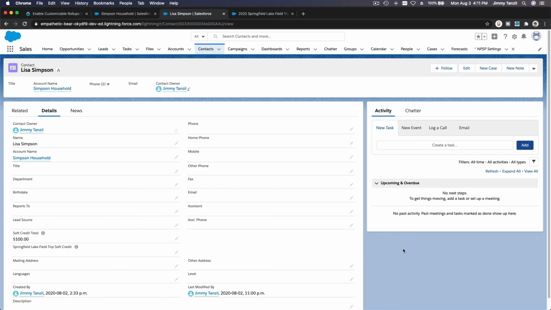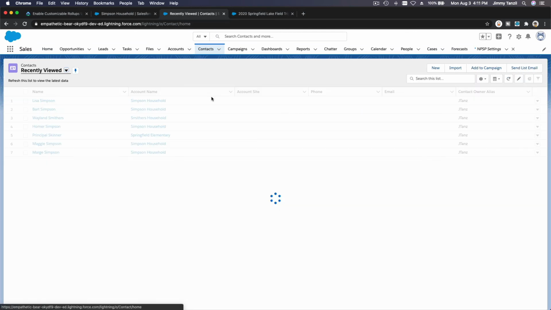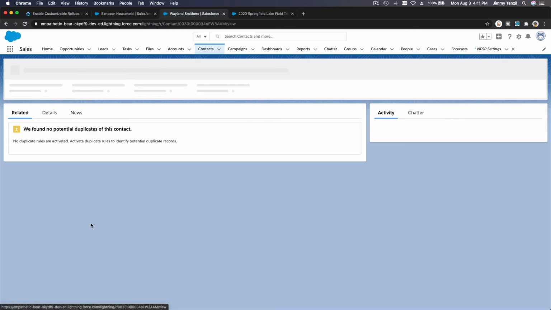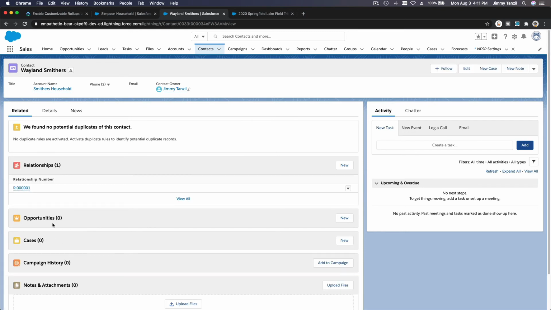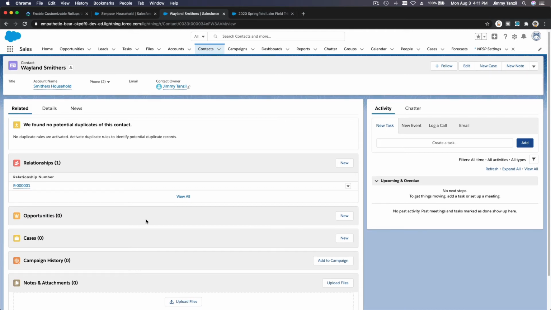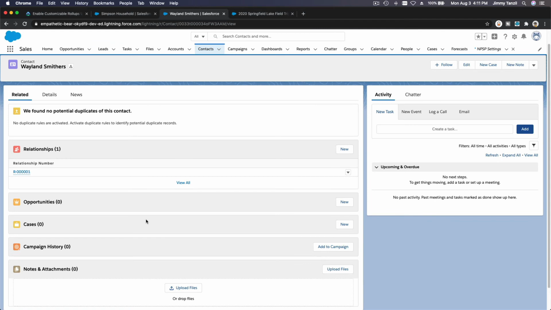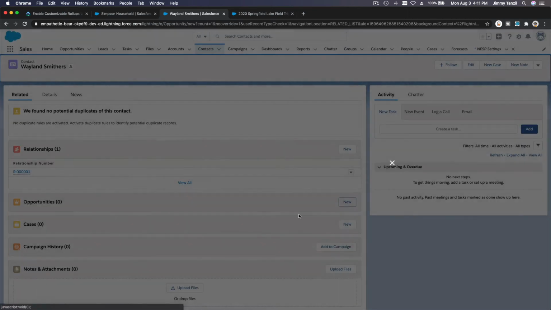So now let's make a new contact, or let's say, who do we have that's not a Simpson household? Mr. Smithers. Let's say Mr. Smithers goes to this fundraising event, and he does a car wash, and he was referred by Lisa Simpson. All right? So if I make a new opportunity over here,